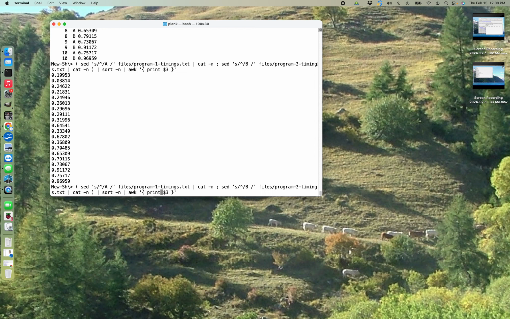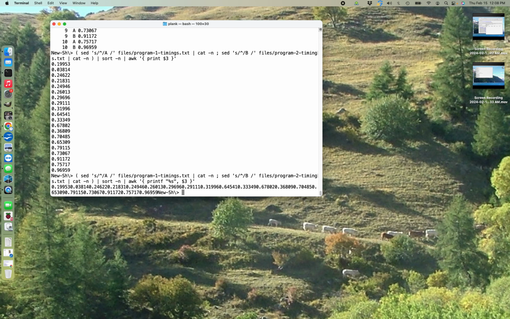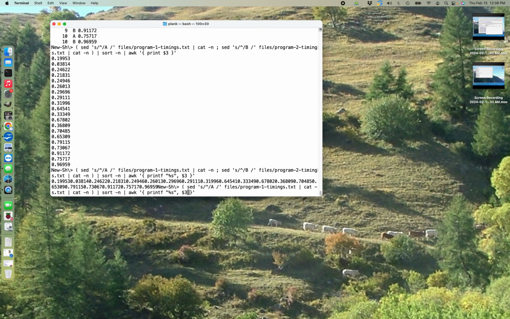Now if I say printf, let's say %s, no. When you do printf in awk, it doesn't put the newline in. Okay? So now I got them all shoved together. So I can do that, and then I can say if $2 equals B, print nothing.